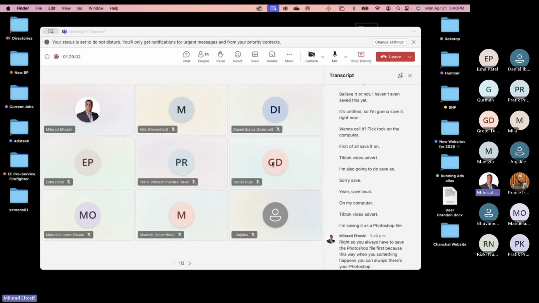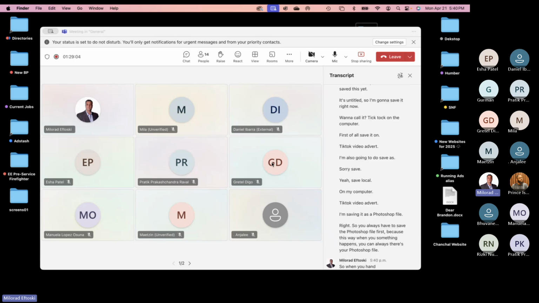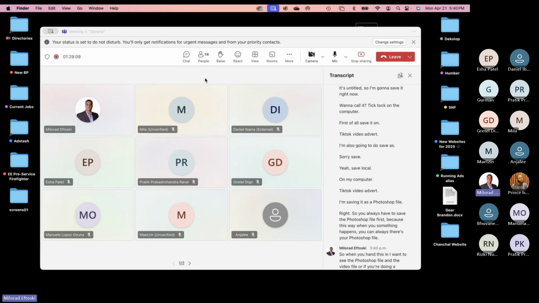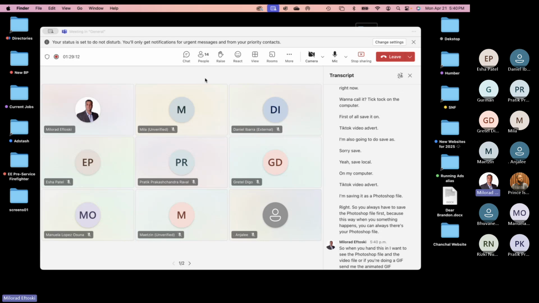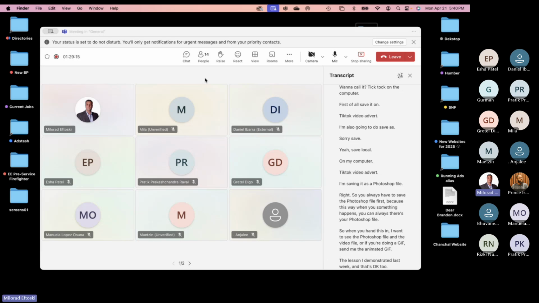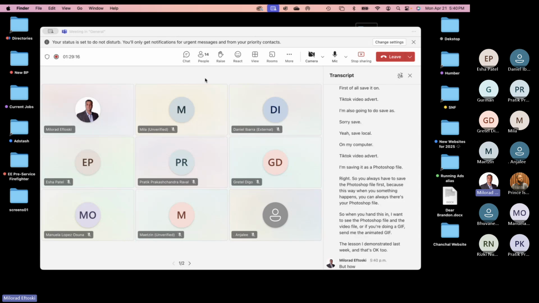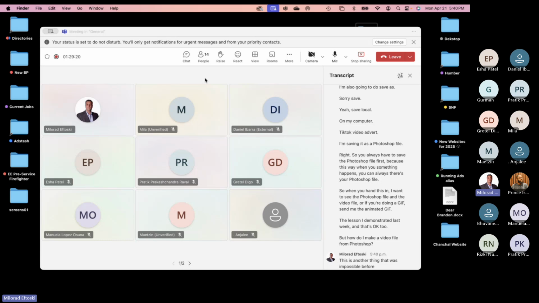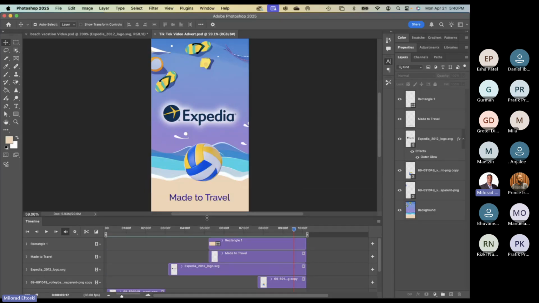So when you hand this in, I want to see the Photoshop file and the video file. Or if you're doing a GIF, send me the animated GIF, the lesson I demonstrated last week, and that's okay too. But how do I make a video file from Photoshop? This is another thing that wasn't possible before. So to convert this into a video, like an MP4, you can play on most players and movies and stuff,